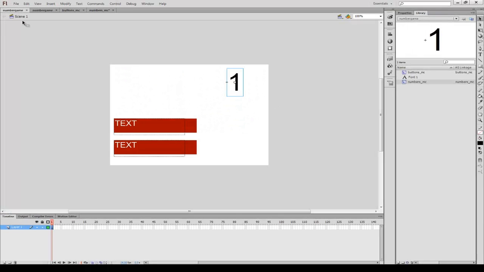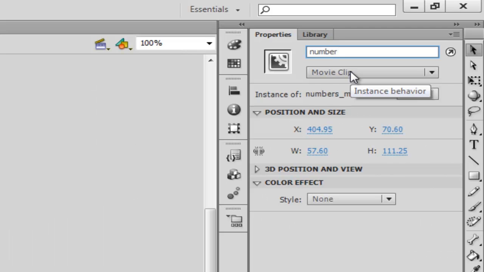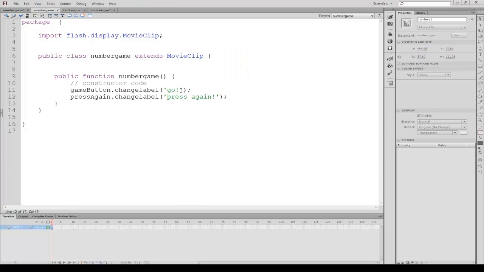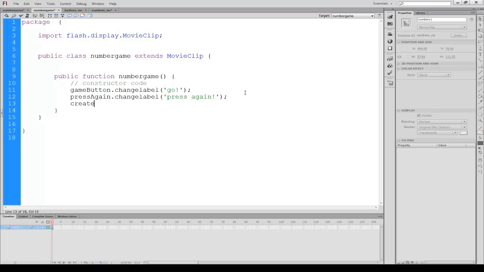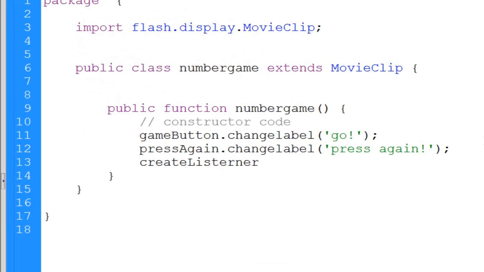So we've already got on our main stage an instance of this, but we're going to need to affect it with code. So I'm going to call this numbers1, and that's the instance name here. And if we go inside of our document class AS, inside here we're going to assign a listener onto the instance of numbers1. So let's go ahead and create a listener. If I write createListener as our function,